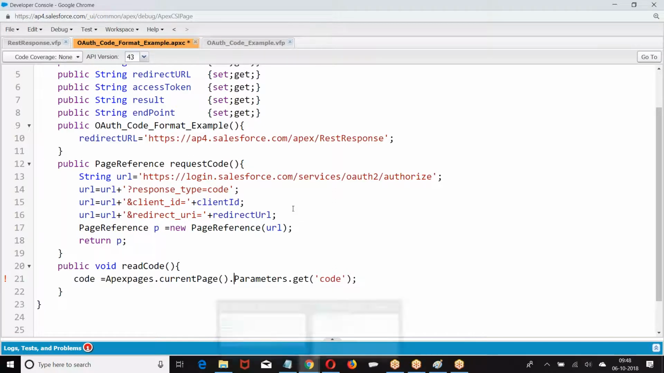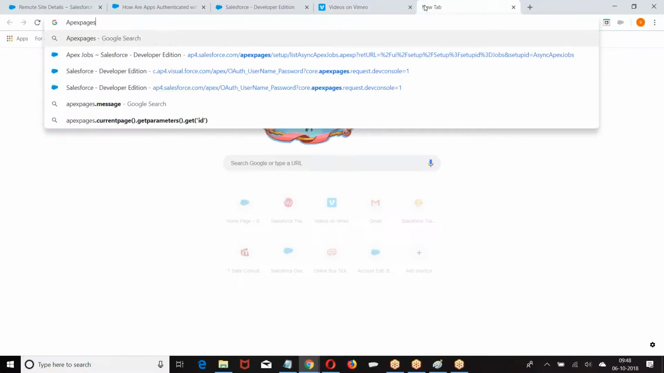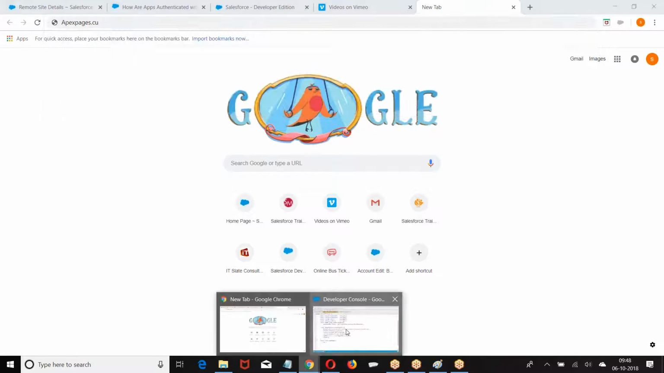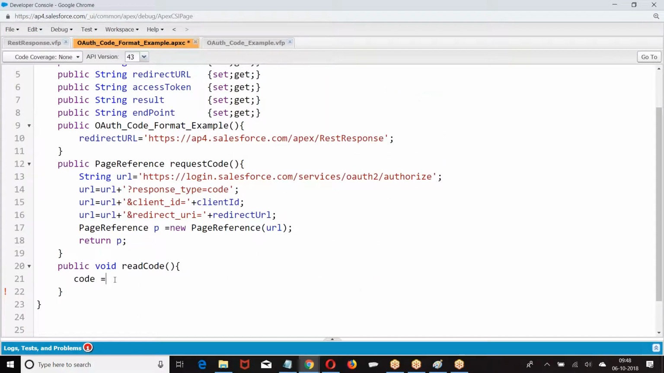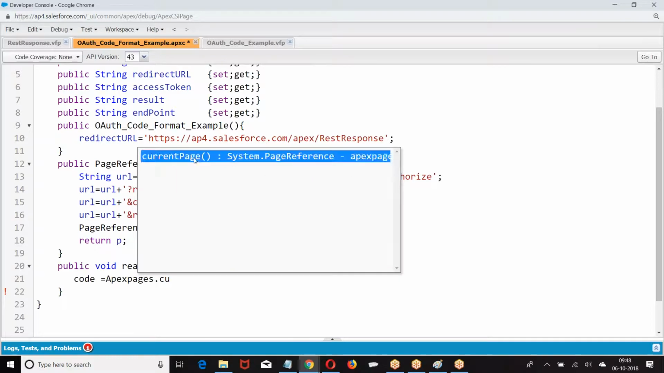What was it? It's not the problem. The problem is with respect to the function. Apex page dot current page dot get parameters dot get off ID. Get parameters dot get off ID. Current page dot